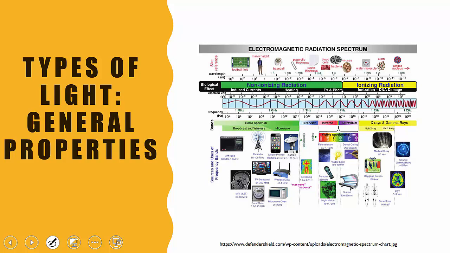After radio waves, we've got microwaves. Microwaves are the same type of light that we use in our microwave ovens at home. Microwaves have a shorter wavelength and a little bit higher frequency. That frequency just happens to coincide with the vibrational frequency